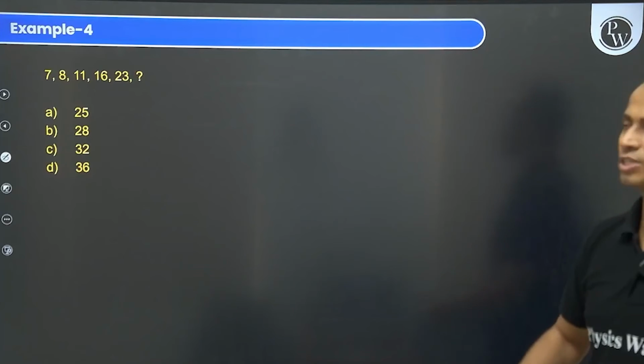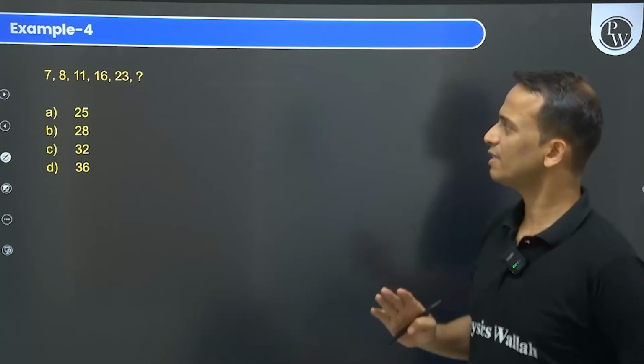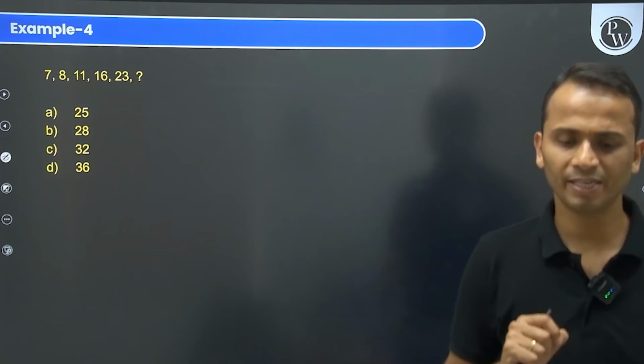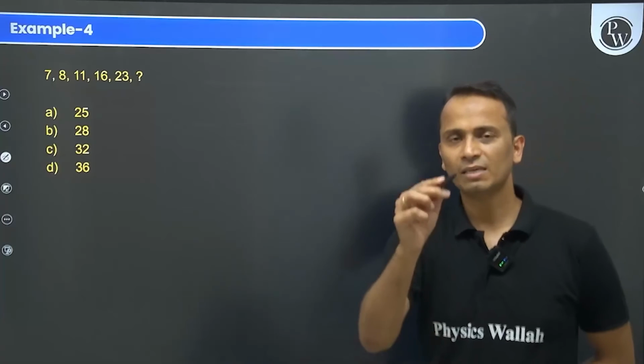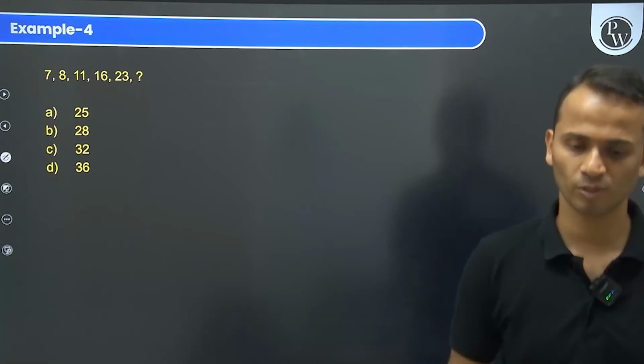So next question on your screen, so you'll have to complete this series. Numbers are 7, 8, 11, 16, 23. बहुत simple example दिया है मैंने, try to find out the answer and post your answer, A, B, C या D, इन चारों में से कौन सा आंसर होगा।